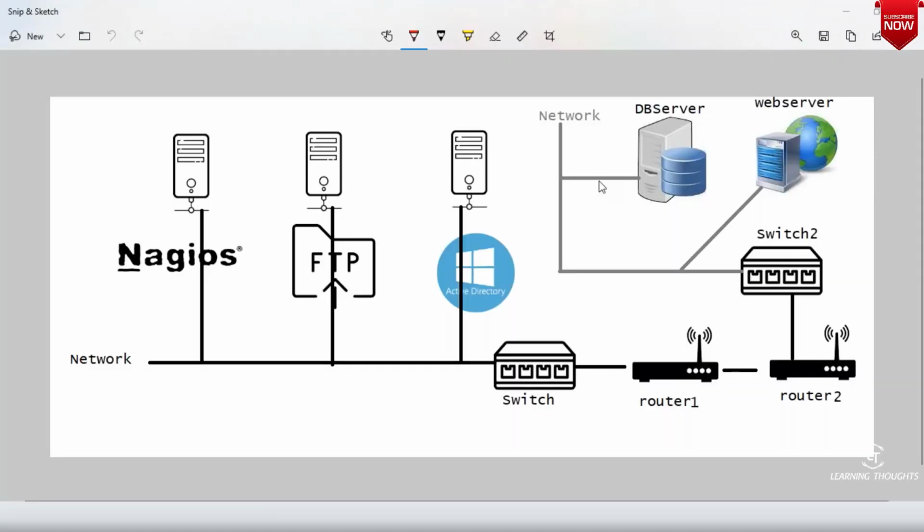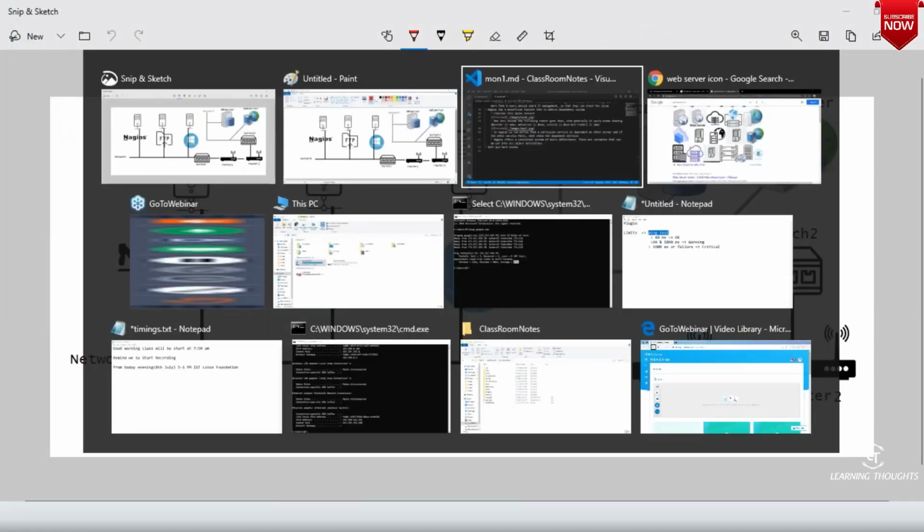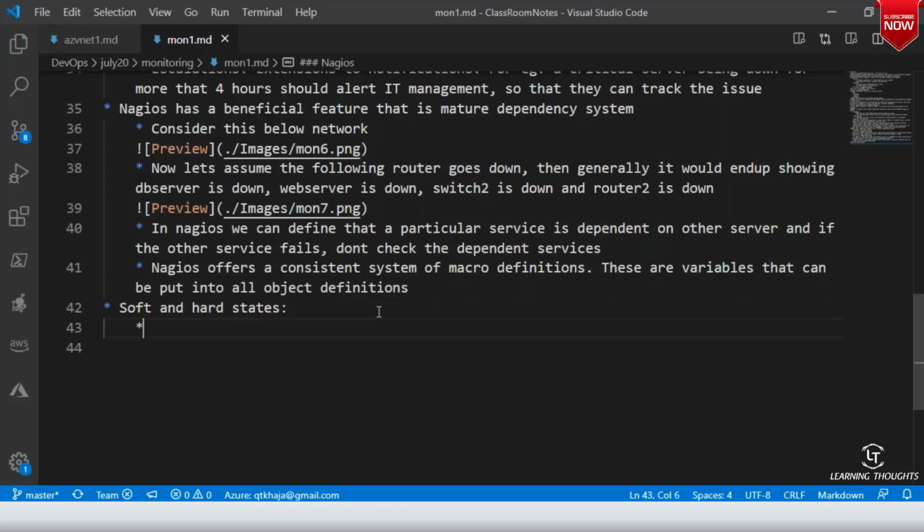Let me take the same image, the infrastructure below.